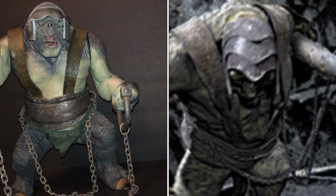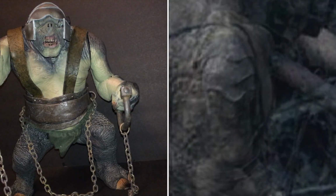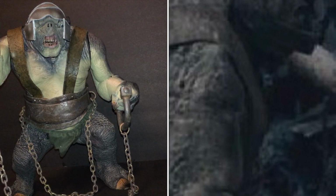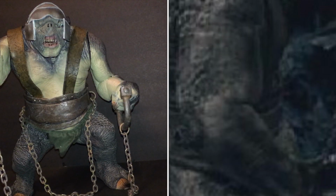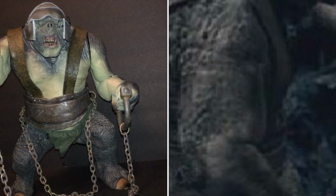Like I say, he's 11 inches. Let's get into the lore part. I wrote this out like a script, to try to make it sound really good. I'll probably screw it up, so forgive me. Trolls were very large and monstrous, ranging from between 10 to 50 feet tall, depending on which depiction,